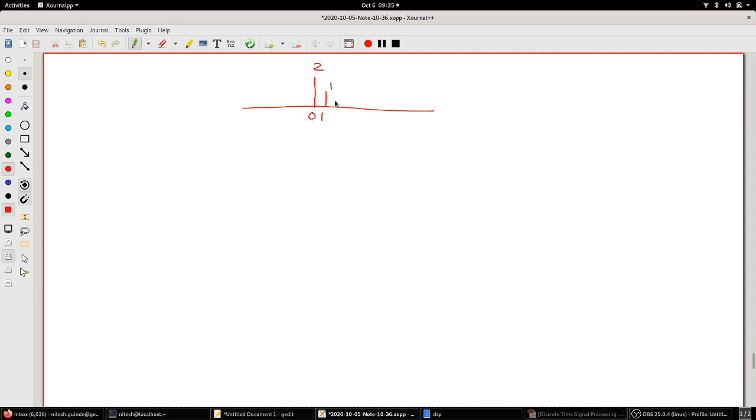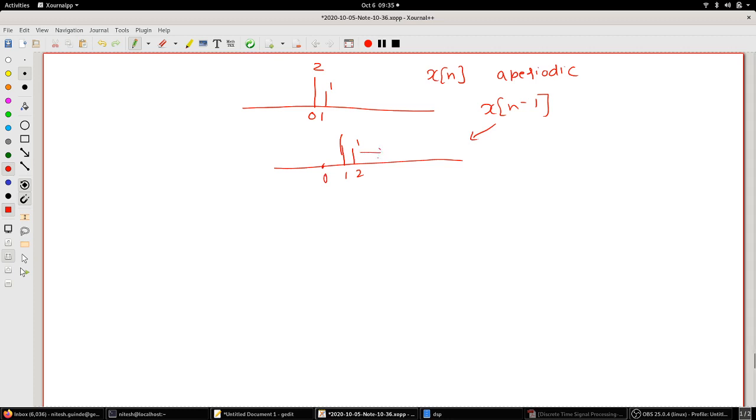okay, let's say this is x of n, this is an aperiodic sequence, right? Now shifting of this, x of n minus 1, you would have done a right shift. So this is 1, this is 2, right? So this is what you would have got if I had to do x of n minus 1.